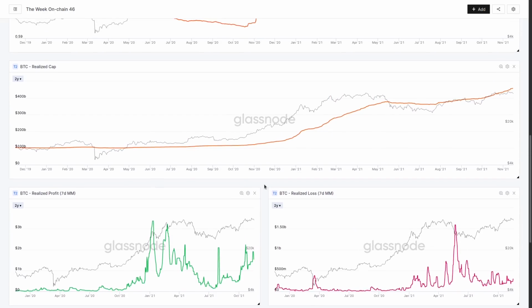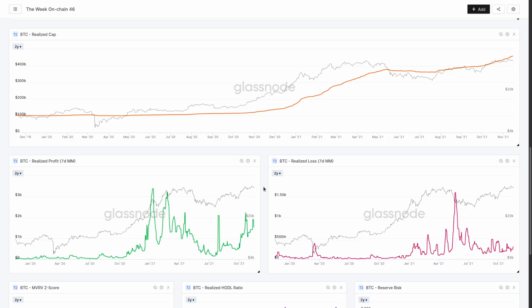So lastly on this, before we jump into our cycle topping metrics, I just want to highlight two metrics that I think don't quite get enough attention that I quite like to use, and that's our realized profit and realized loss. So this is looking at the dollar value, how many coins were revalued higher and how many were revalued lower. Now, what we're looking at here, you can see this reasonable uptrend, and we're talking at the moment between about 1.5 and $2.1 billion when you sum realized profit and realized loss together. We're talking about $1.5 billion to $2 billion per day being realized.